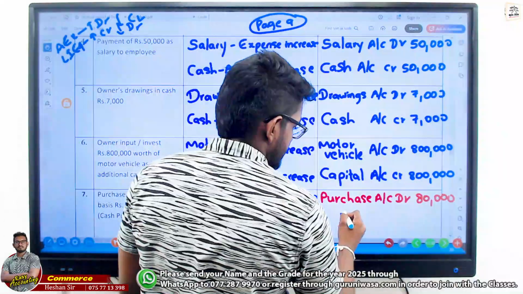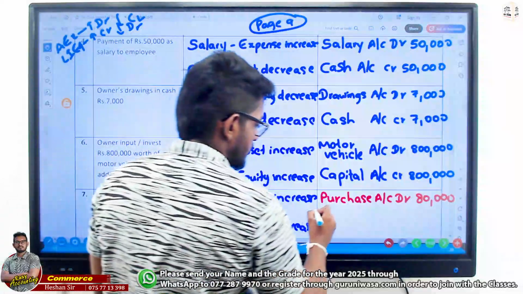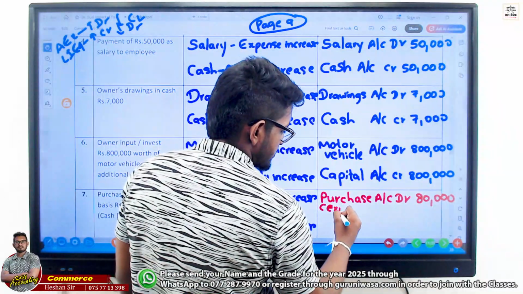We concern purchase as expense. If you are still not familiar, just write expense in